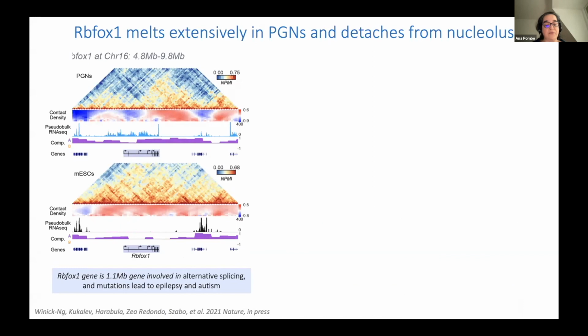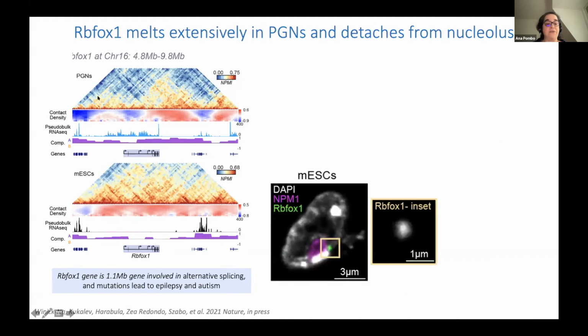And so this imaging was the work of Isabella Arabula with help from Silvia Carvalho in the lab, and they did FISH, taking a number of BAC probes that cover all 1.1 megabases of the RBFOX gene. Isa could see that in ES cells we have a very clear focus, as is typical when most of us do FISH. I should say that in this analysis we're using the same tissues that we used for GAM, because we take just so little of the material.